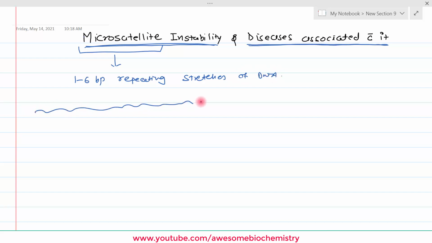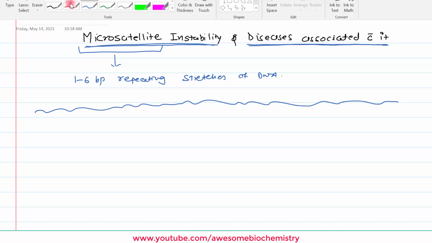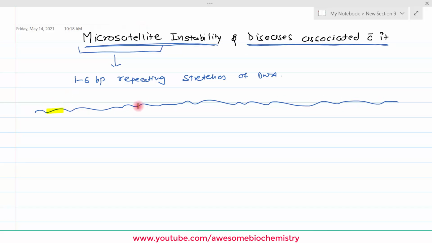Suppose this is the very long human genome. In the human genome, there are certain fixed places. For example, I am showing you these 4 places. At the first location, let's say, for example, there is a dinucleotide repeat: CA, which is repeated 30 times. Here, 80 base pairs are repeated 50 times. Here, let's take the example of a mononucleotide, guanine, repeated 70 times. Here, let's take the example of a trinucleotide, CAG, which is repeated 20 times.